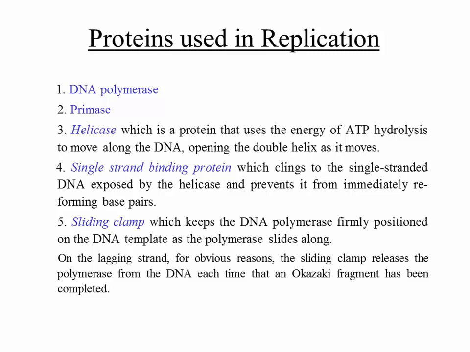Every time you complete one, you have to get the DNA polymerase off the DNA template and move it to a different location, right? And the detailed mechanisms by which that happens are not understood, at least they were not understood when I first read the book, maybe 15 years ago. I don't know whether it's understood now or not. But if you look at the book, they have a schematic diagram about how all of this could be accomplished, showing these different proteins. It's like a small machine whose components are working together to accomplish the overall objective of DNA replication.